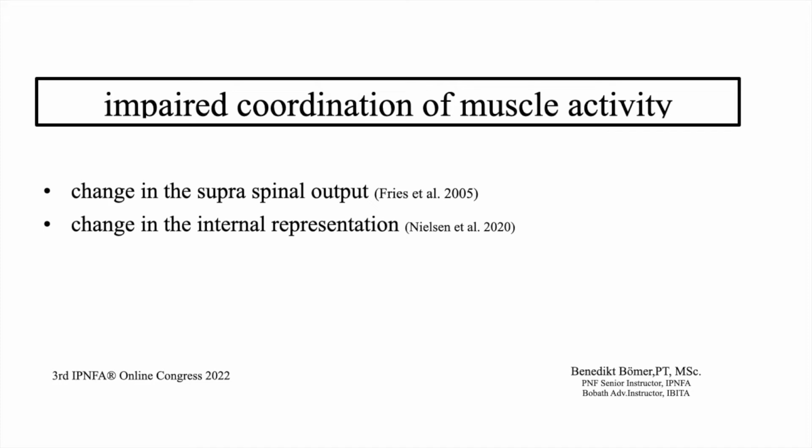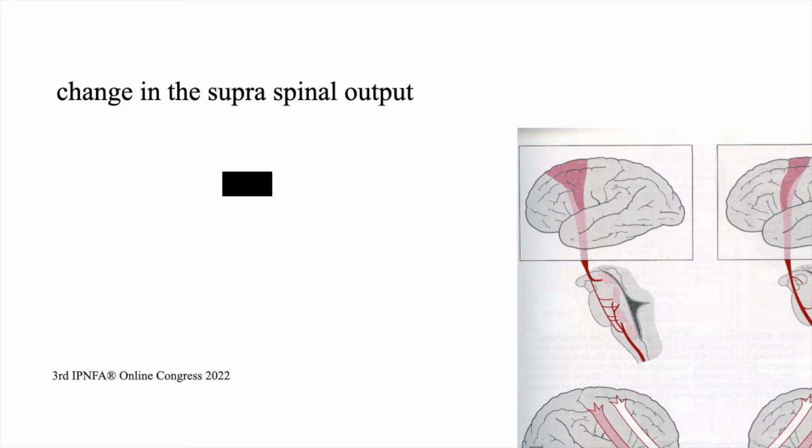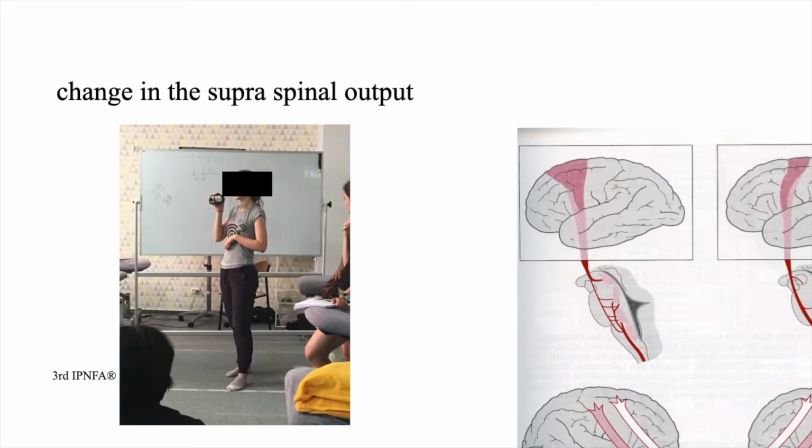Back to the impaired coordination of muscle activity. Here we have two problems: the change in the supraspinal output and the change in the internal representation. At first, the change in the supraspinal output. If you're looking at my colleague here, she's standing like a hemi patient. She's after 5 days in a course, so her cortex is overused and so too weak to control the pathways